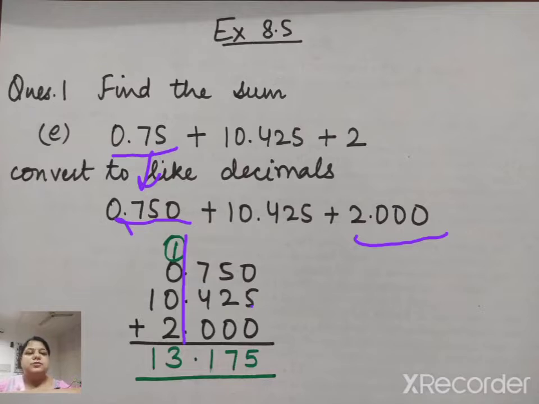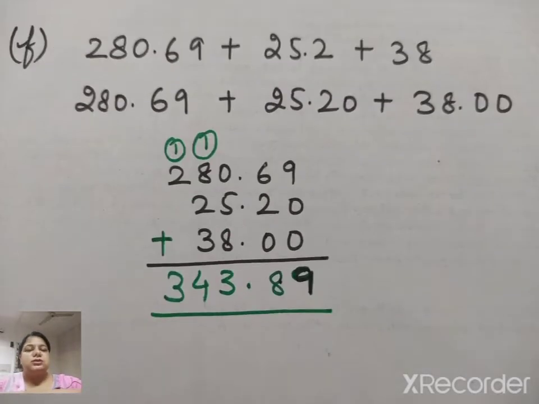Then we have lined up all the decimals. You can check, we have set the numbers, all the decimals are in one line, and we have done the simple addition, right? So 0 plus 5 plus 0 is 5, then 5 plus 2 is 7, 7 plus 4 will be 11. So we have taken 1 in the next row. So 2 plus 3, again the main thing is the decimal is in the same line. We bring down the decimal in the same line. So you got the answer as 13.175, right?